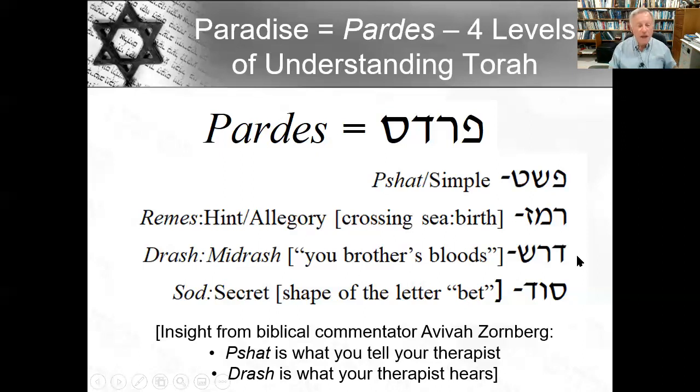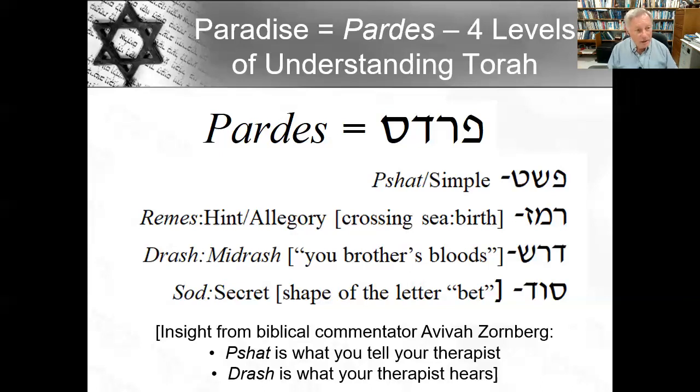When Cain murders Abel, God famously asks Cain, "Where's your brother?" Cain famously answers, "How do I know? Am I my brother's keeper?" And God says, "I hear your brother's blood crying out to me." Except the word in the text is in the plural. So it doesn't seem to make sense that God hears Abel's bloods crying out to him.